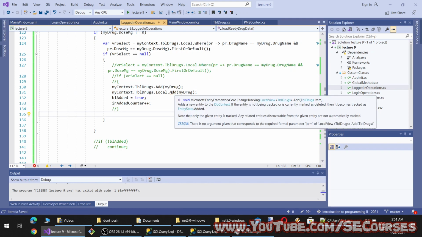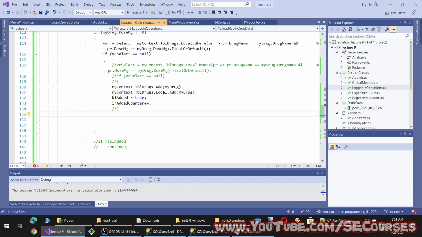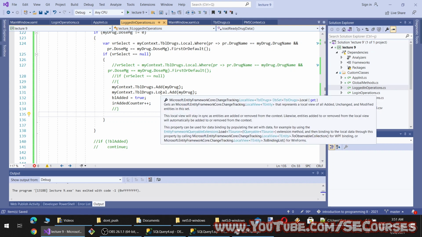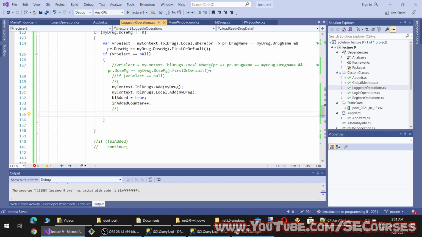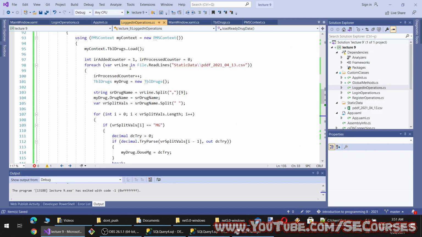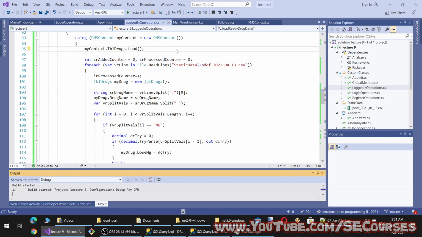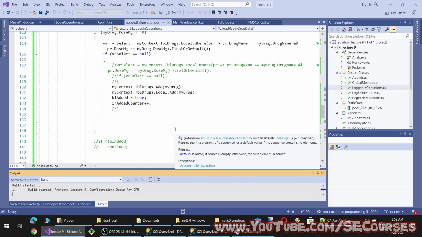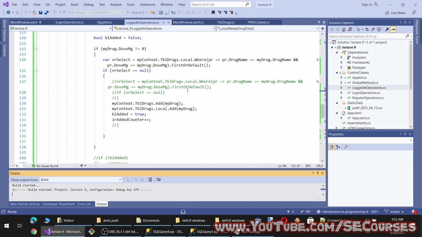Can we add to local? Okay, and set the 0 as well. And let's see what happens. I am not sure if this will work, but it should work.